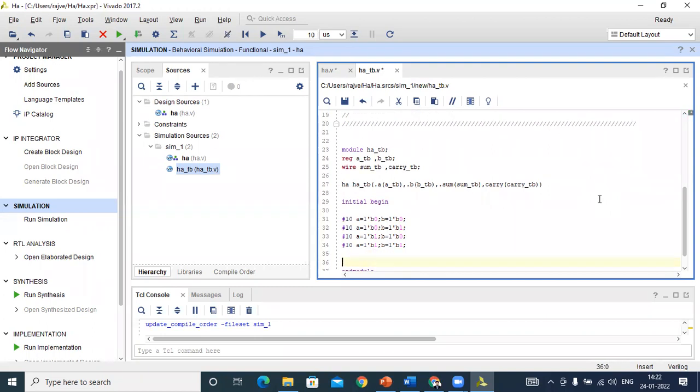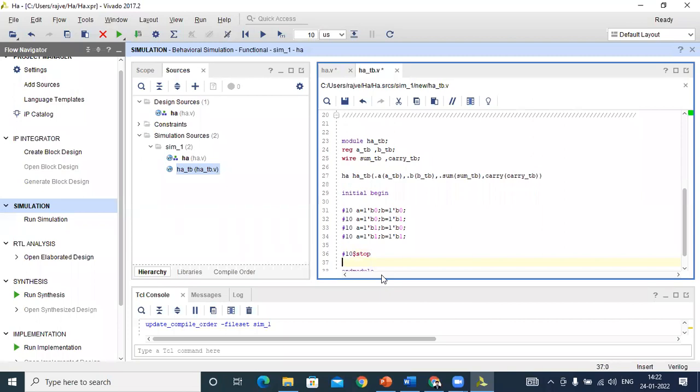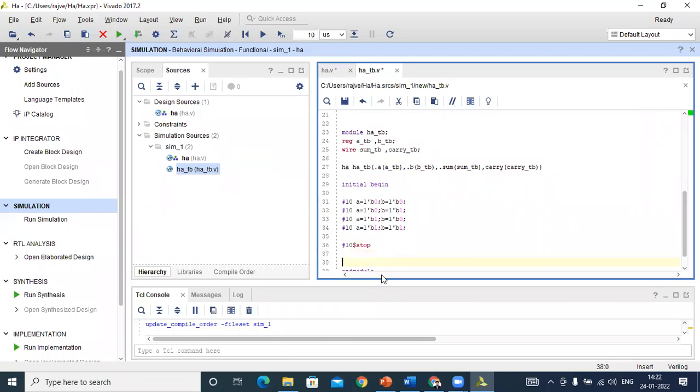And after some time we finish our simulation. Otherwise it simulates again and again. So after 10 we apply stop, so that our simulation stops after one run.